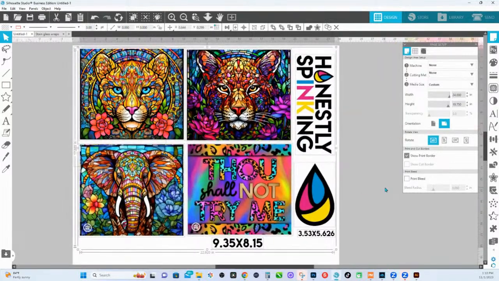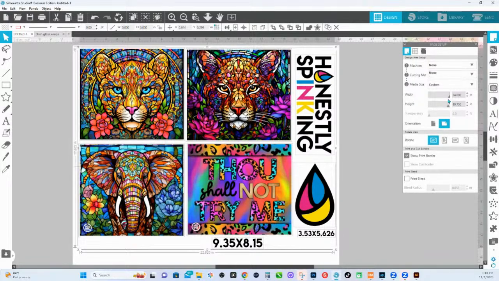So I have my design set up. This question was presented to us by someone who recently purchased an Epson F570. So that is a 24-inch sublimation printer. So I'm going to set my design page to 24 inches wide. The height, of course, is determined by what I'm going to put on there and how much space I need for that. But we know for sure that the width is going to be 24 inches if we're using the